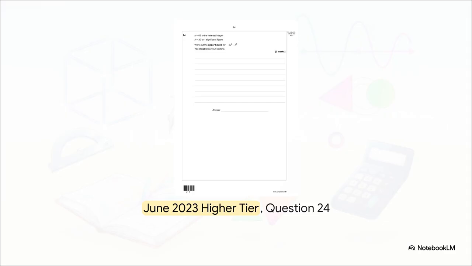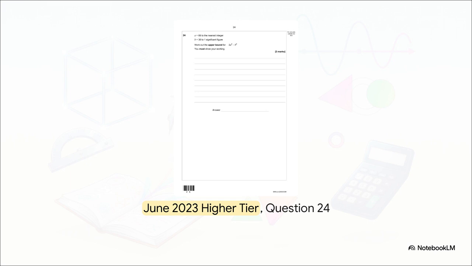Let's look at this upper bounds question from the June 2023 higher tier. Notice that bold, uncompromising instruction right in the middle. You must show your working. Examiners don't use bold text by accident, okay? They're practically shouting at you. Even if you magically produce the final correct answer on your calculator, if you don't show those steps, you get